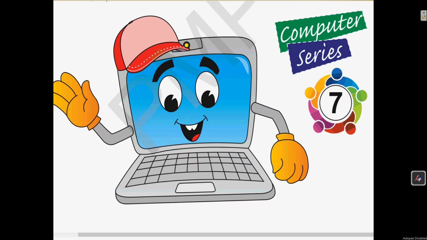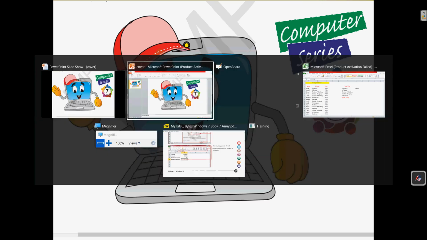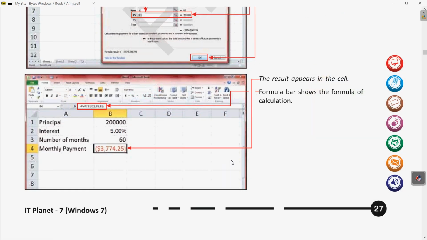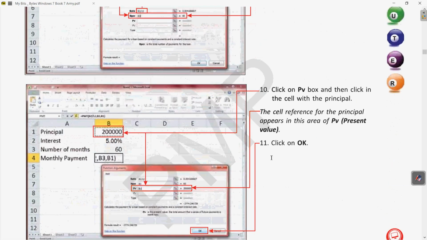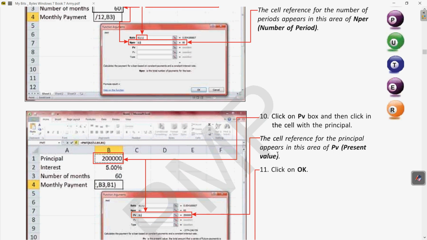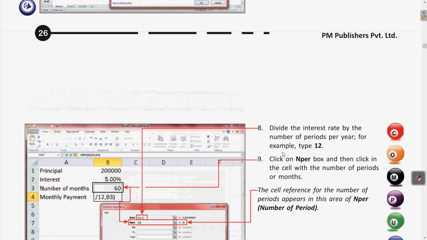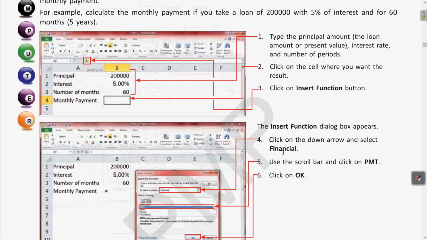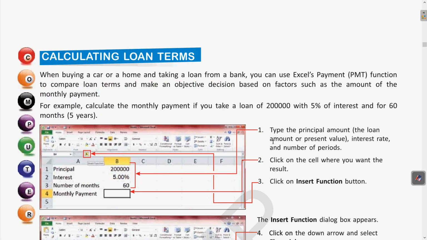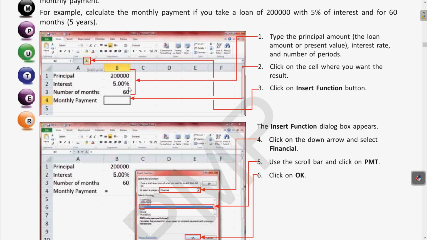As in the previous classes, we have covered some important concepts of MS Excel. In that we have seen how to use the loan term, how to calculate the monthly payment if you are taking a loan. For calculating the loan term we have a function called PMT, that is the payment function.